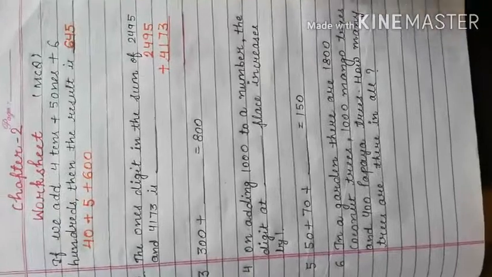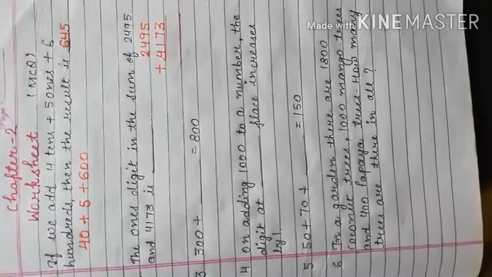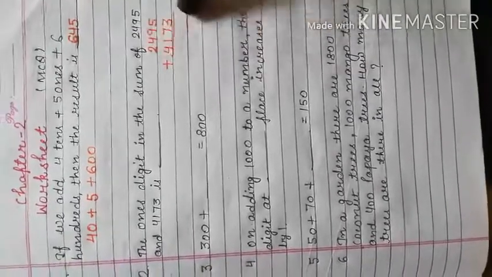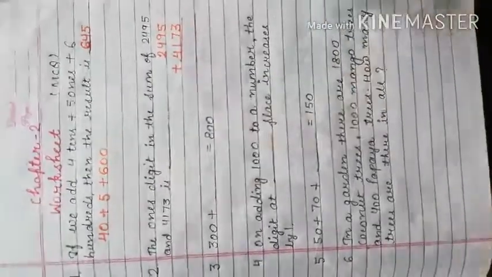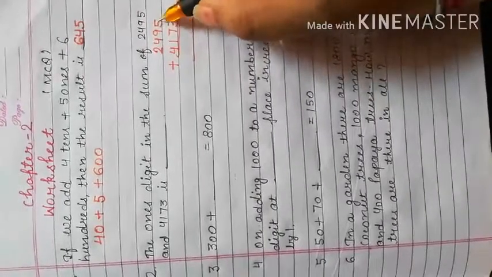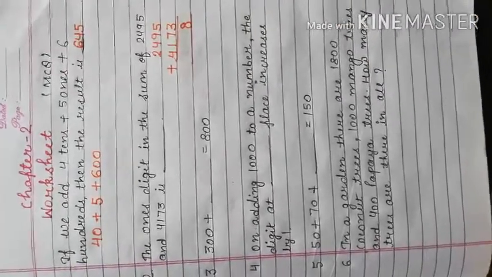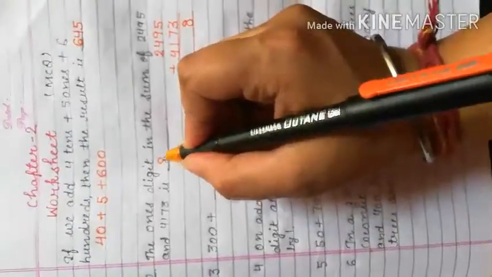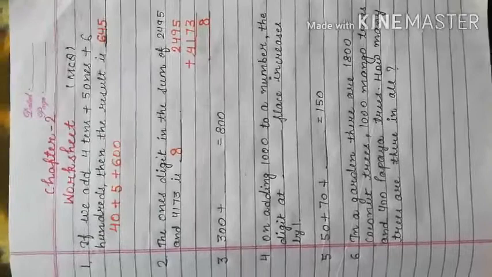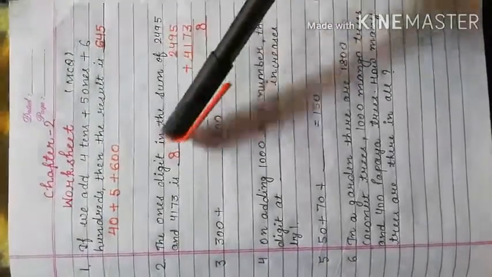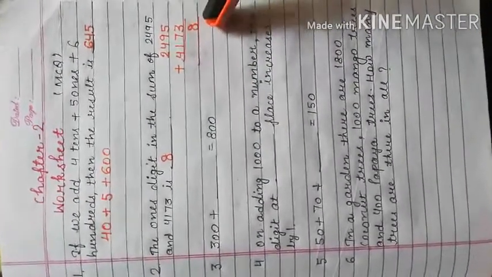Now because you are attempting MCQs, you have to work smartly. You need not add all the digits, because here your requirement is to give the ones digit only. So here 5 and 3 are at the ones place, and when we add them, we get 8. That means our answer is 8. Right? You have all the options, and in those options 8 is correct, because after getting the sum of the numbers we are getting 8 at the ones place.